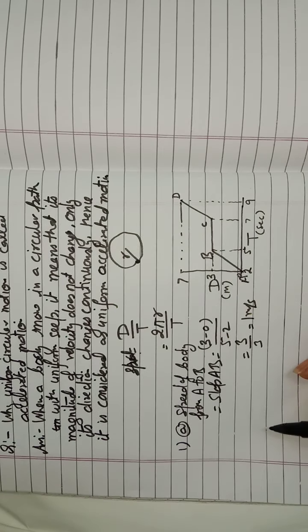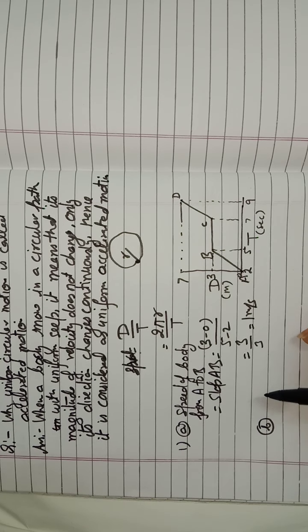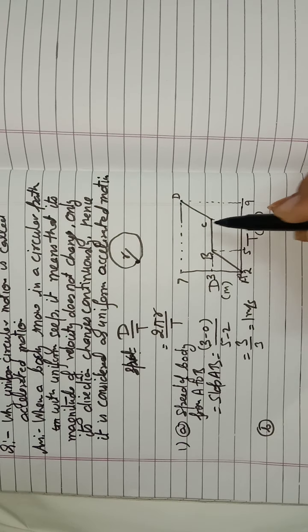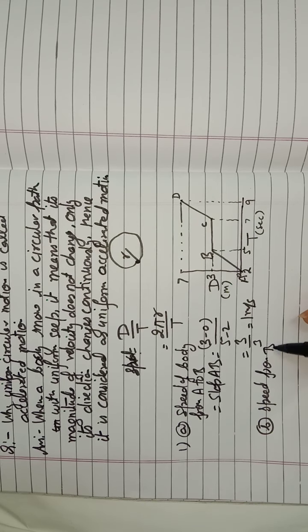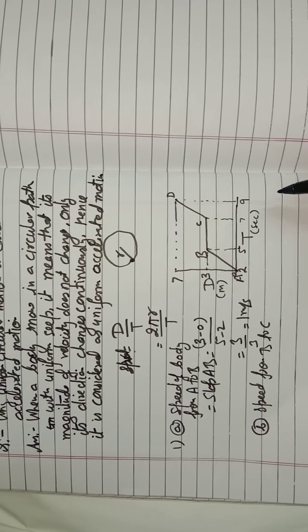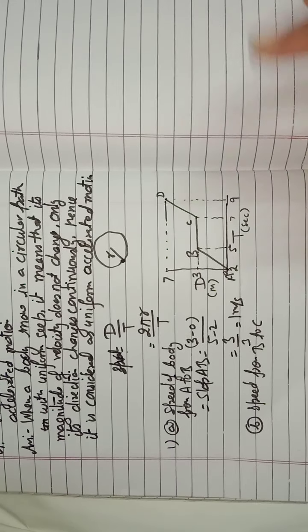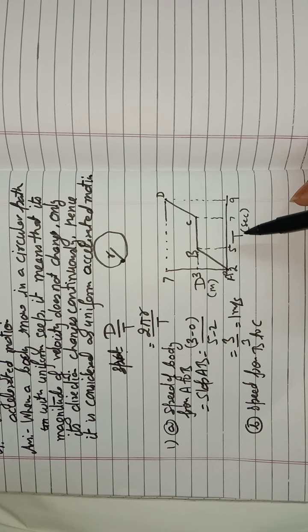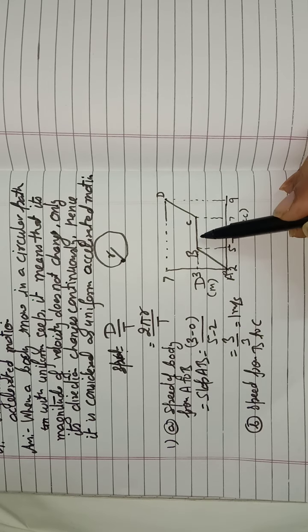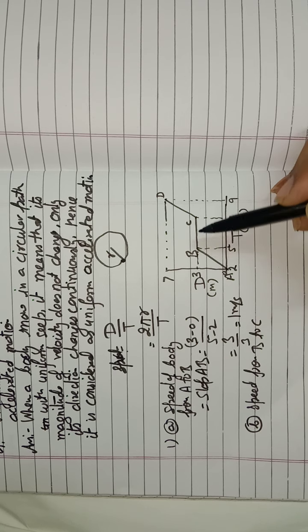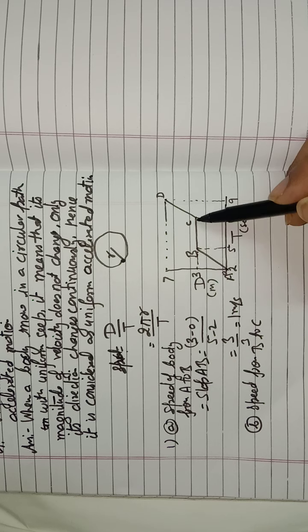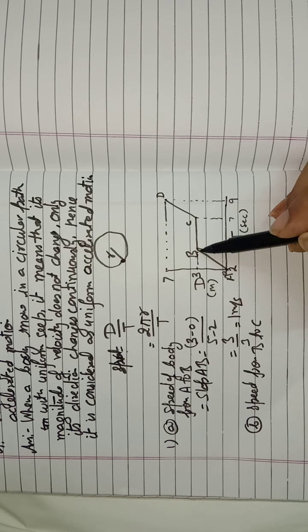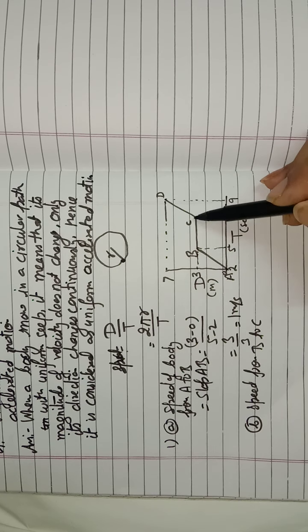Now, the second part. You have to find the speed of the body from B to C. For finding the speed from B to C, we have to find the slope, because we know that from the dt graph, if you want to find the speed, you have to find the slope of the graph. What is the slope here? There is no perpendicular, only the base is here. Earlier, in the triangle, the perpendicular was visible. Here no triangle is being formed, so where will the perpendicular come from? So it has no perpendicular.